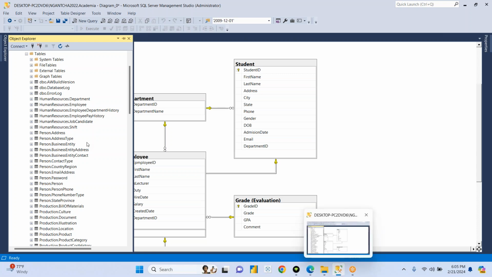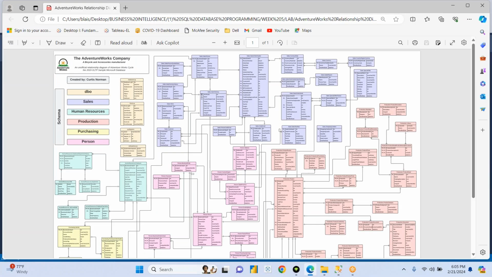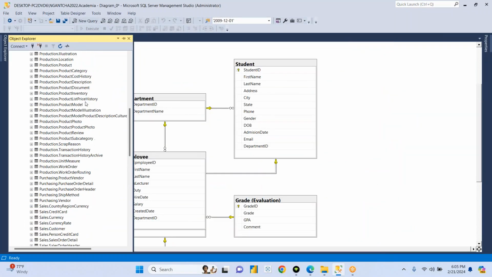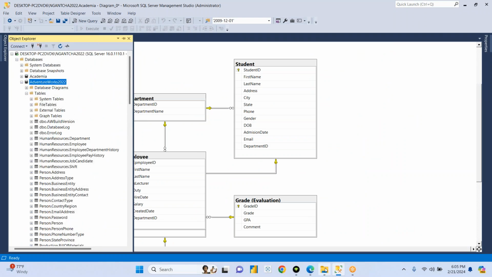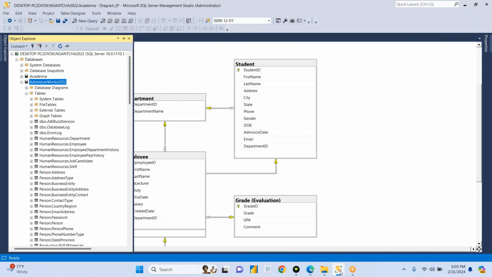All of these tables, you can find them in this document and how they link up to one another. See that? This is very important. Also, you can isolate maybe two tables and just want to see how they are related to each other. Let me take an example from a query we're going to build today. If I go to the week 5 project, instead of building everything, you can just isolate the two or three tables you're working on in a project and see how those tables are related to one another. That's also very possible. Just permit me to open